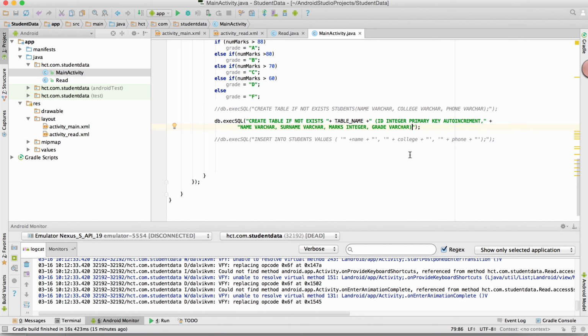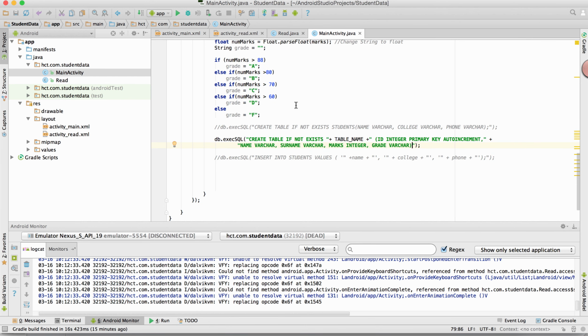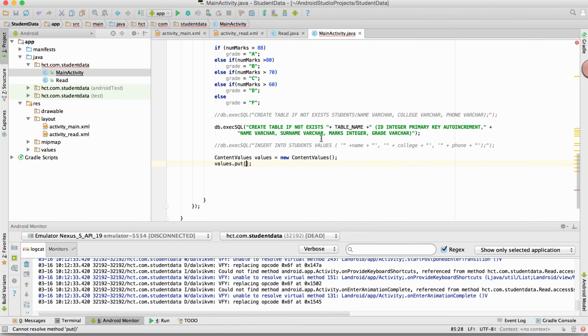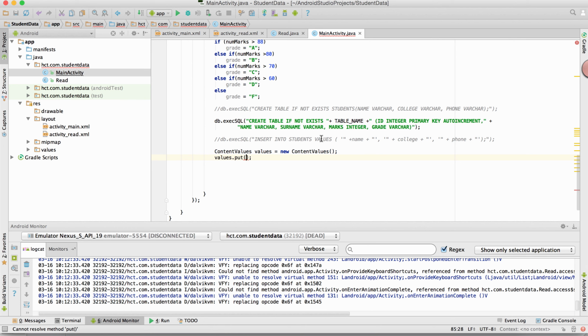Okay, now let's go ahead and do the insertion. Okay, so now since we have read all these values, what we will do is we will say we need content values is equal to new content values. Okay, we got the values, and now I'll say values dot put id, name, surname, grade, marks, grade. Okay, so since id is automatic, so I'll say name